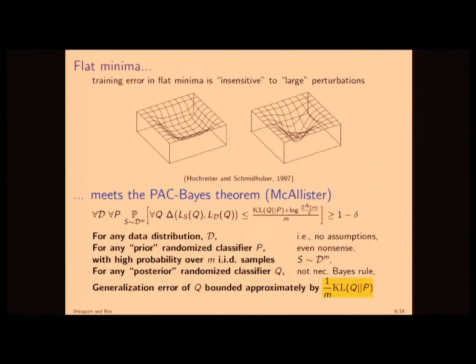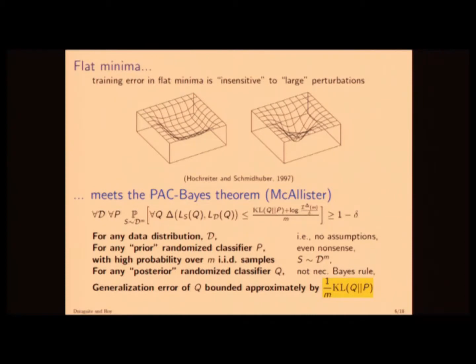So going back to this picture, there are two terms we care about. We care about the KL being small, and we also care about the empirical risk of Q being small. We need both of those together. So if this point is good, and a random perturbation doesn't increase the risk too much because I'm in this flat minimum, then my randomized classifier's risk is going to be good. And then for the KL term, because it's such a big valley, I can expand my Gaussian and have a large volume. If I'm not too far away from where I started, then this KL term is going to be small. So those two things combine.